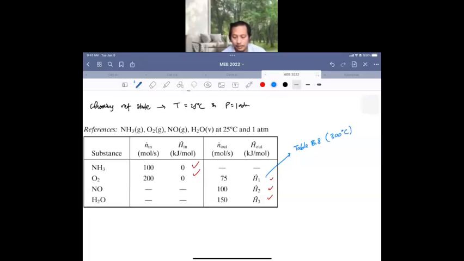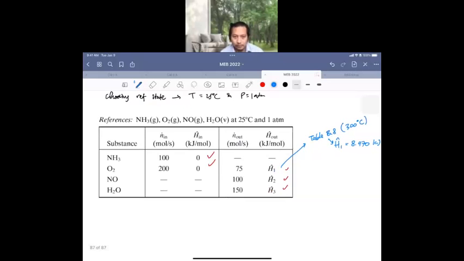300 degrees Celsius. Table B8, we can get for several gas. So for the oxygen, at 300 degrees Celsius, this will be 8 kilojoule per mole. So 8.4. And then for the H2,